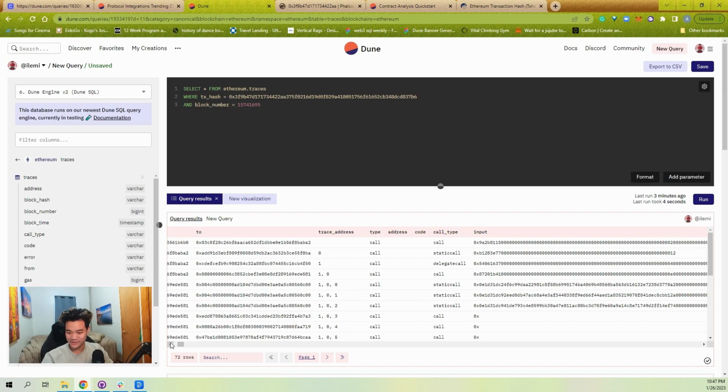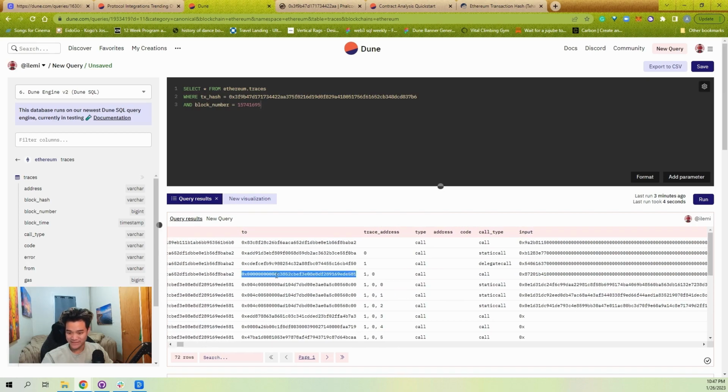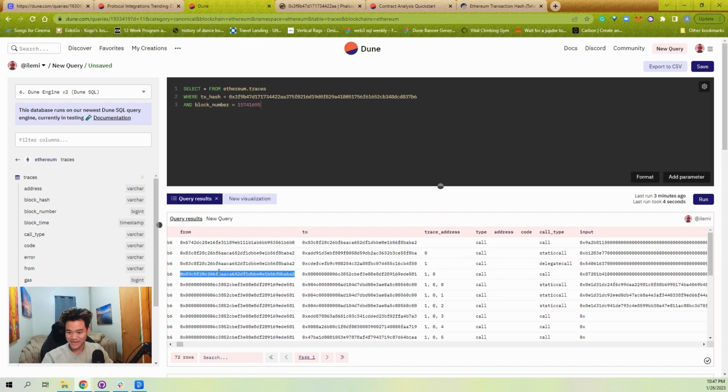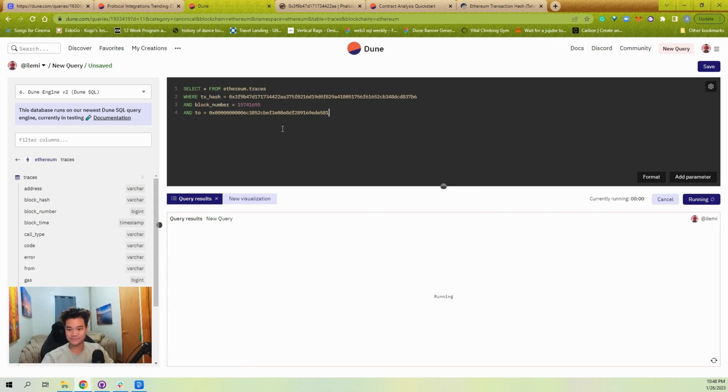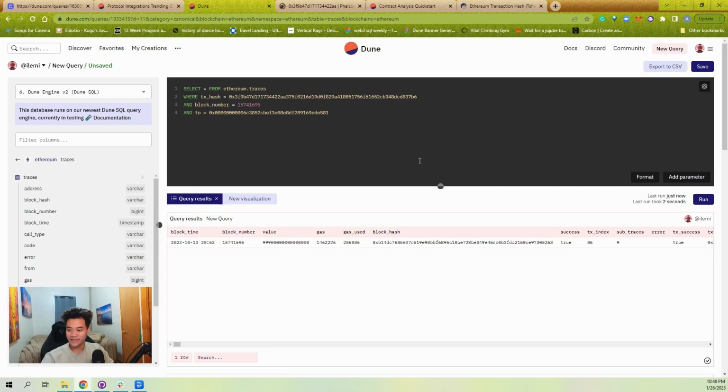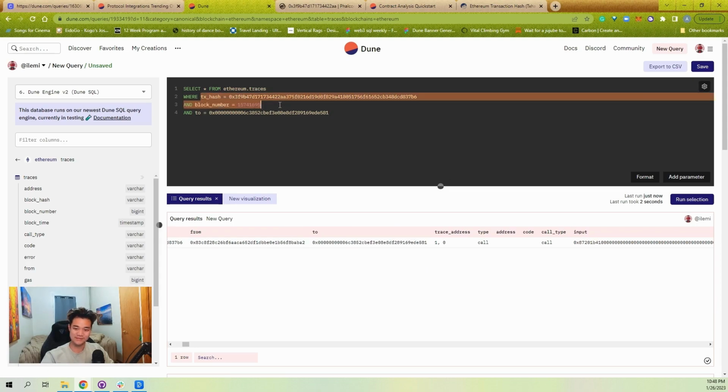We need to see essentially when is Seaport called by some contract, right? So in this case, I want all from traces where this transaction hash and 2 is equal to the Seaport address. So let's filter for this. And we can see here that this is the trace address we were seeing earlier, right? So now let's say I remove this